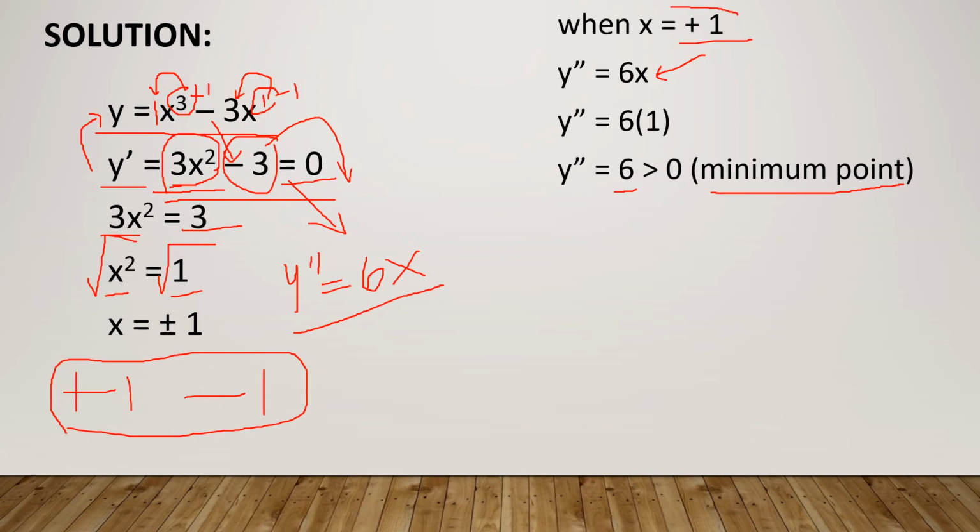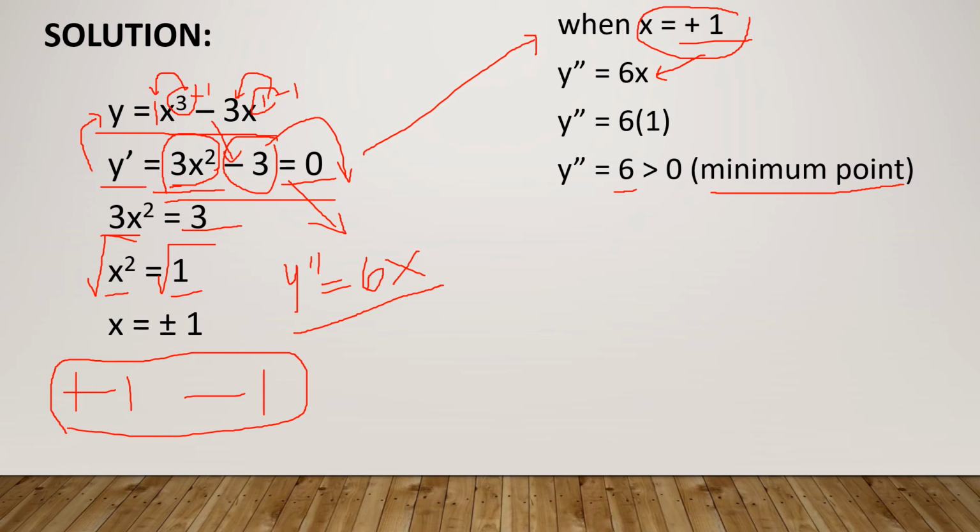If we substitute this positive 1 into your first derivative, it will provide you a value of y prime which is equal to 0. That's why if your second derivative is a positive value and your slope, which is your y prime, is equal to 0, once we substitute the computed x here, then